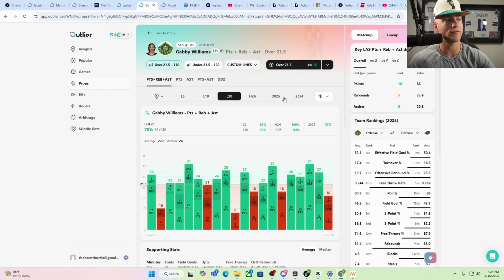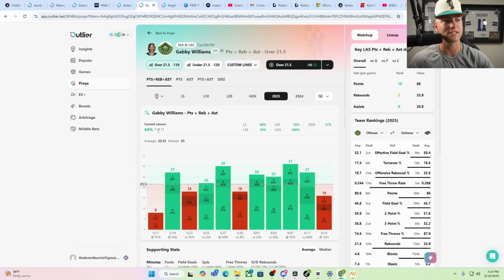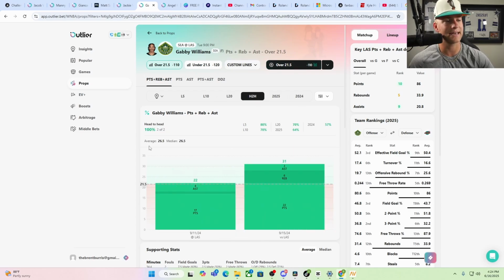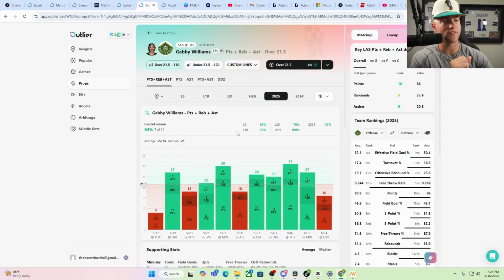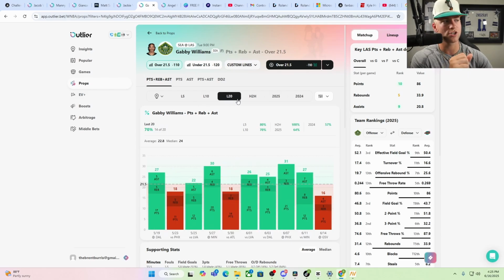And then to top that off, in 2025 alone, she's over in 7 of 11. And head-to-head against this team, she is over in back-to-back games, averaging 26.5 against them, and that's obviously exactly what you want to see. So head-to-head's really good, 2025 is really good, the hit rate in general is good,